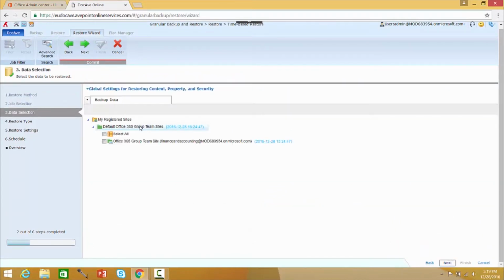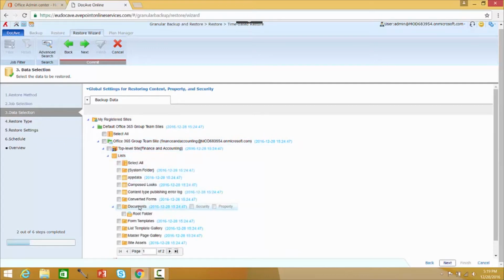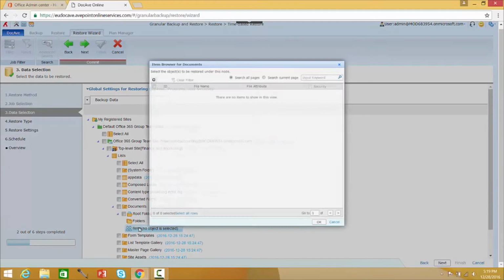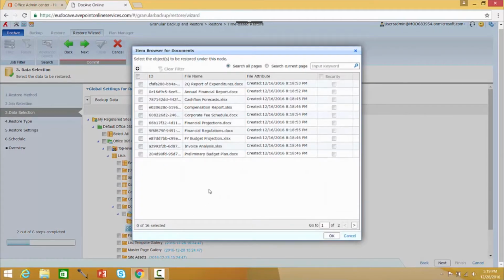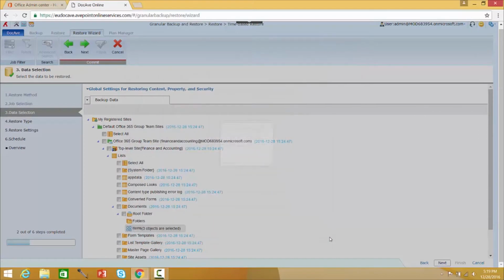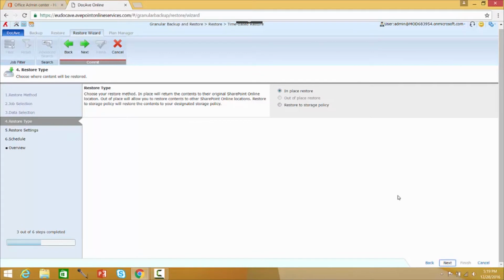I'm presented with all of the data contained within the backup, and it's organized just the way it would be in Office 365. And here we can see that I can select every single item to a granular level to perform my restore. I can restore this content directly to the Office 365 group. I can optionally do it out of place to another group or another team site or even somebody's OneDrive, as well as restore the content on-prem to an FTP or SFTP location, for example, where I can access just the